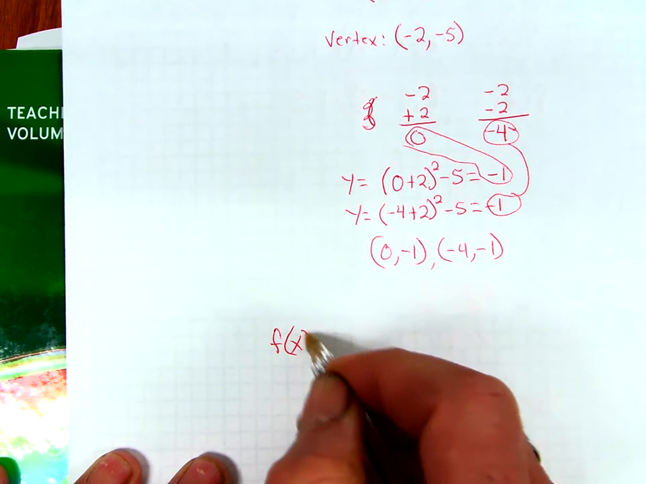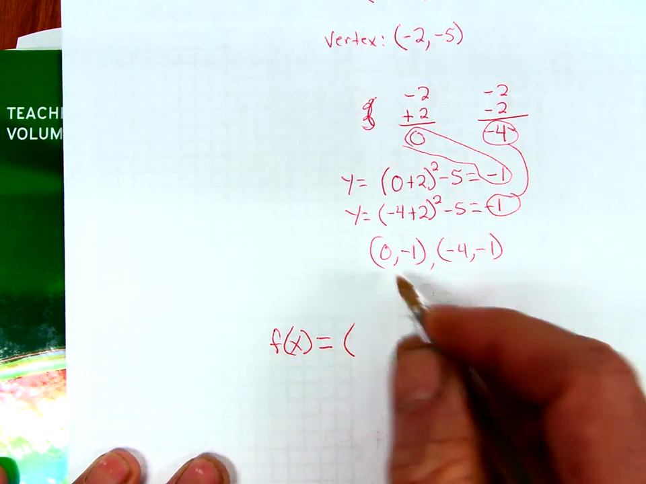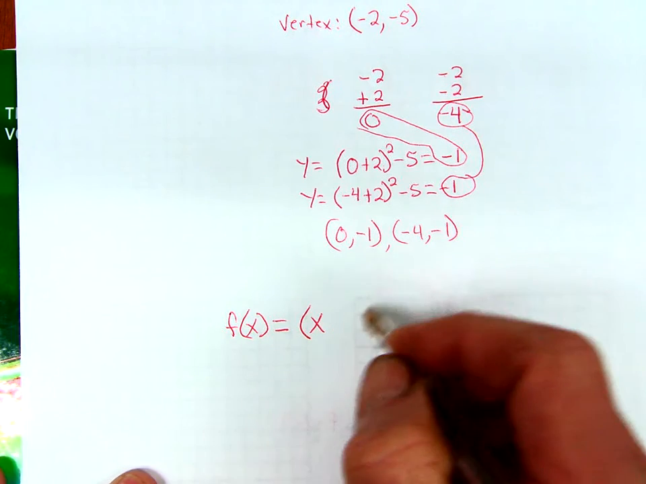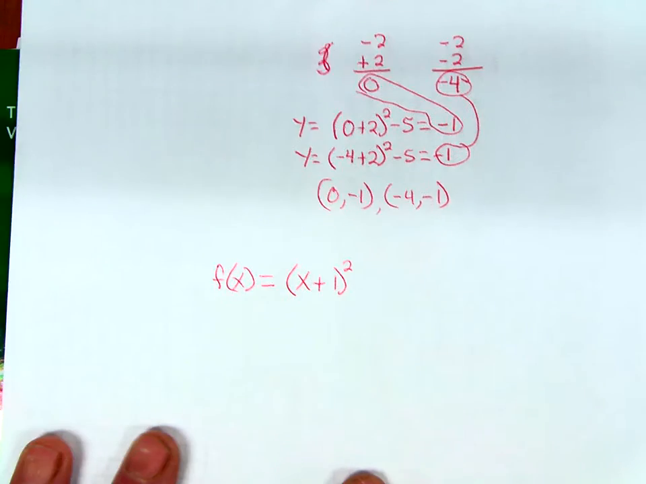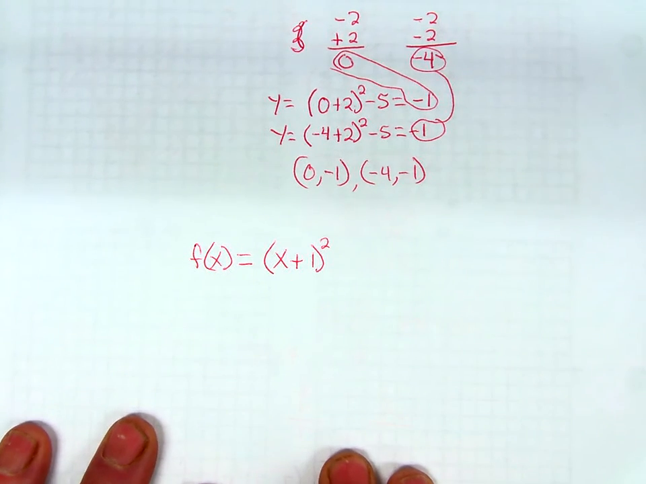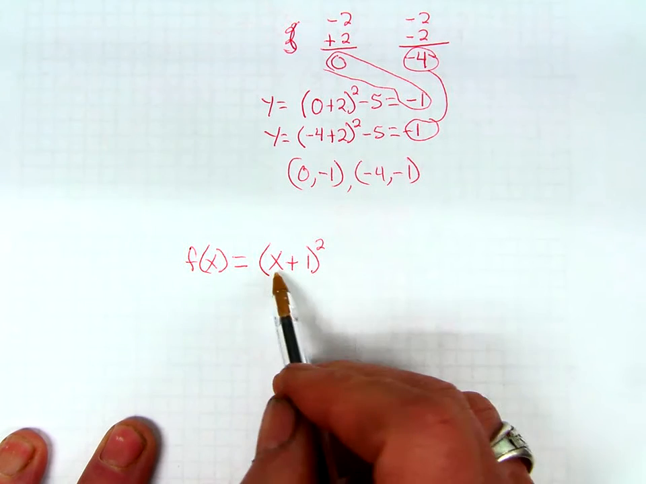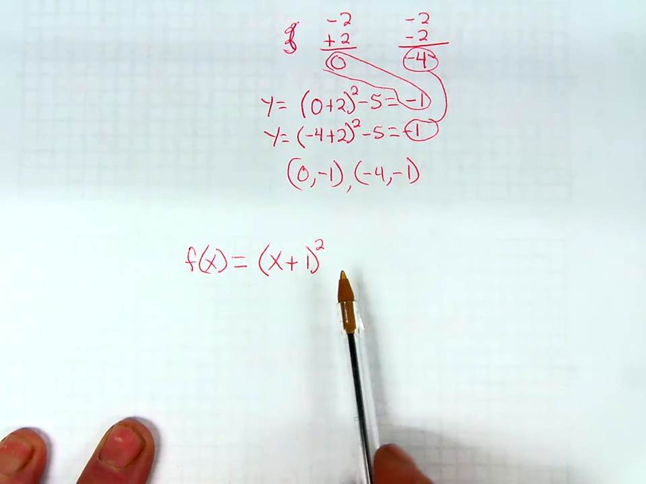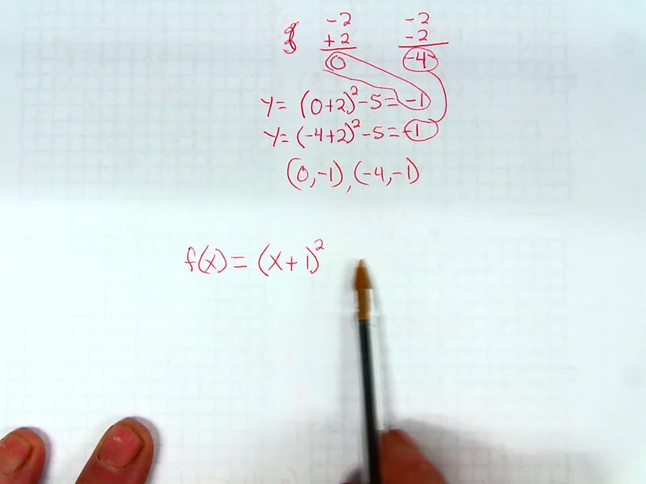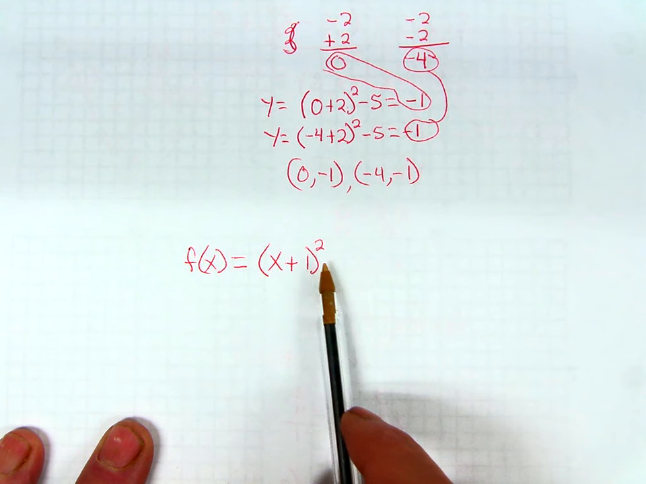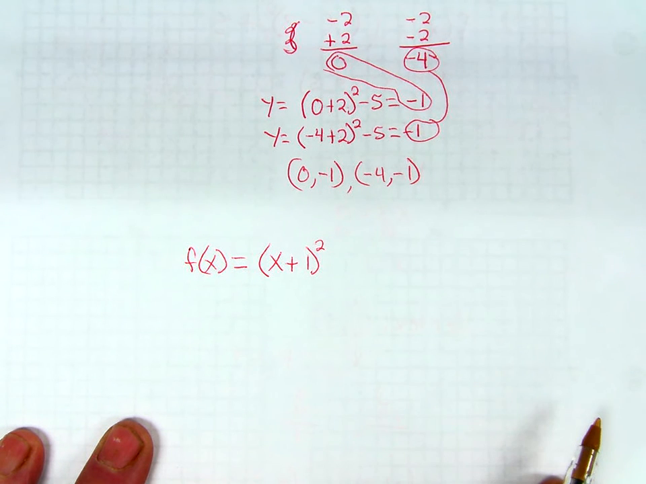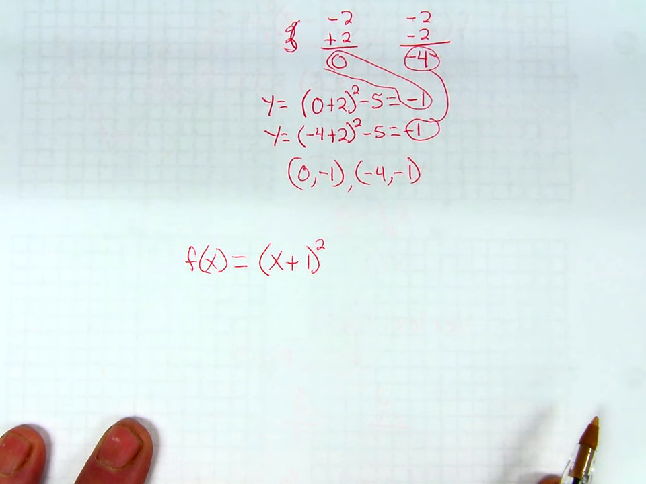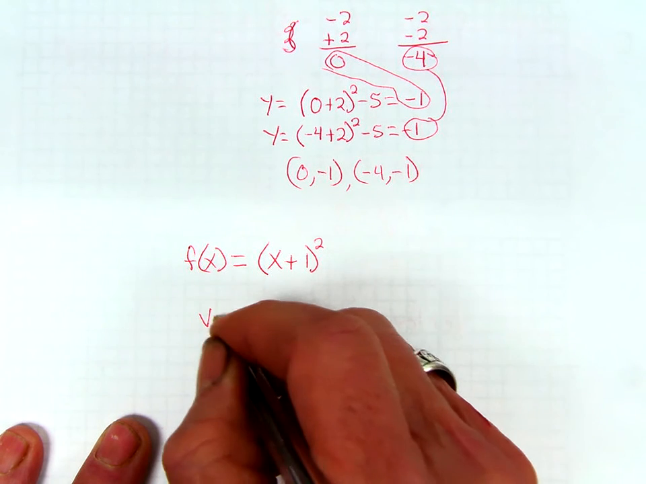f of x equals x plus 1 squared. That's all I have. Just this part right here. And you'll notice there's nothing being added or subtracted out here. Well, if there's nothing being added or subtracted out here, that's the same as adding or subtracting 0. Aha! So my vertex